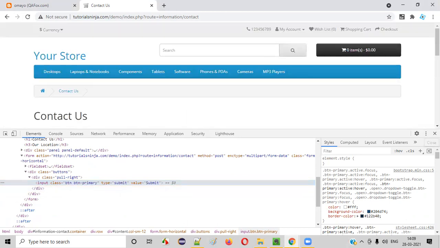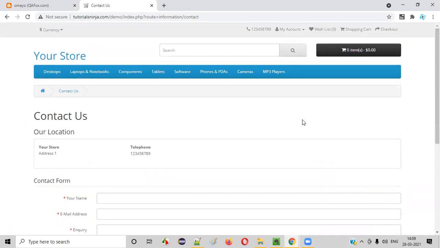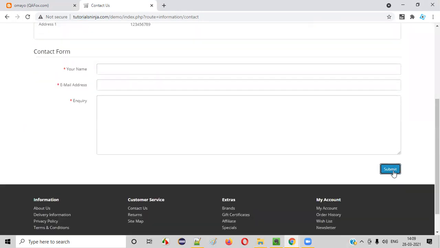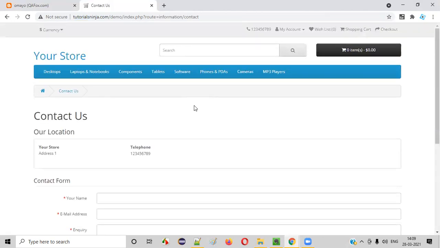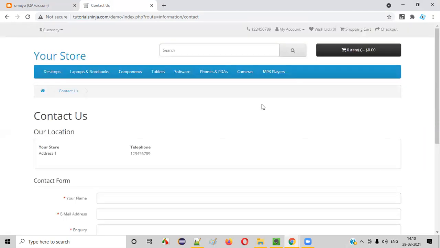Why does this particular application have the same class name for all the buttons on the page? The reason is the same styling they want to maintain. The developer is applying some CSS, cascading style sheets, with common styling. For example, this button is blue, and the label color is white. The styling properties of this button, like color, label, size of the label, and the size of the button, are all decided and created by the developer in the class.